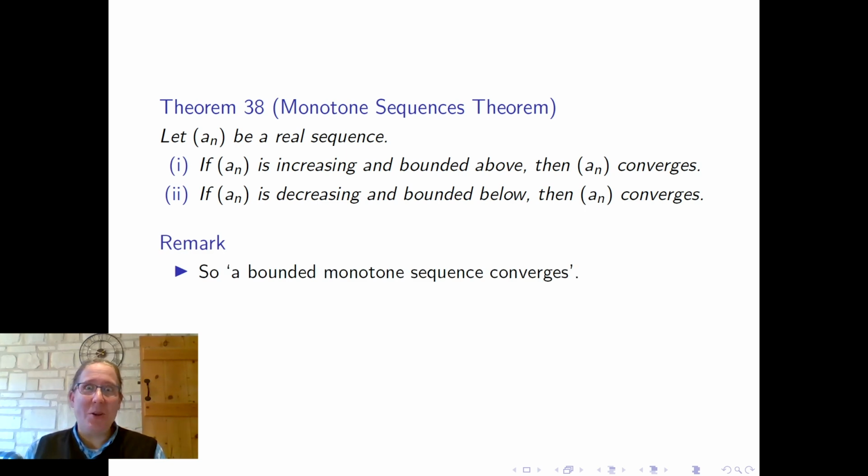So the sort of slogan version of the monotone sequences theorem, the version that I remember in my head, says a bounded monotone sequence converges. Just a small detail here. I've carefully said that if the sequence is increasing and bounded above, then it converges. I didn't say whether it has to be bounded below. But if you think about it for a moment, you'll realise that an increasing sequence has to be bounded below. Think about that. So it doesn't matter whether or not I mention the bounded below, that follows automatically. So a bounded monotone sequence converges. That's the slogan for the monotone sequences theorem.